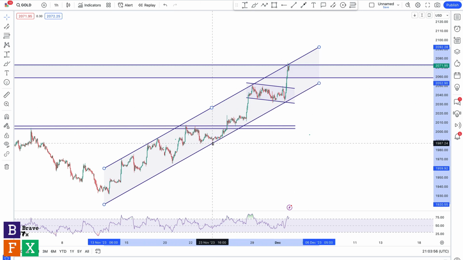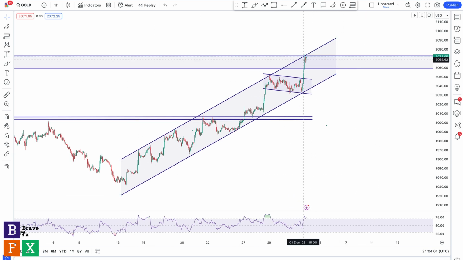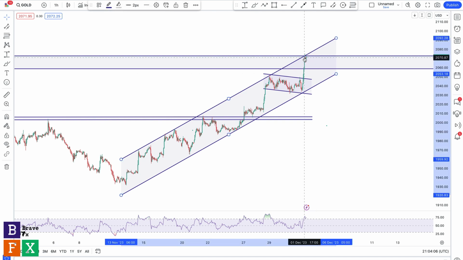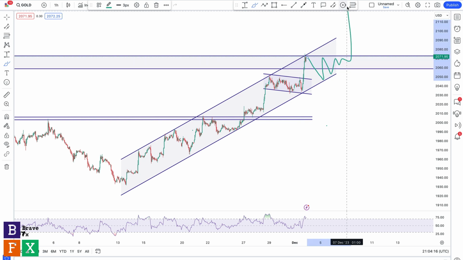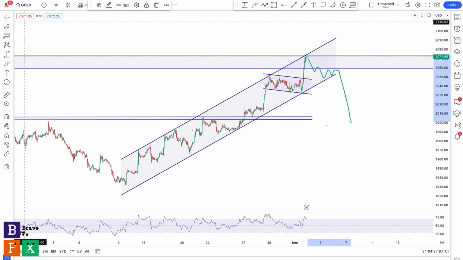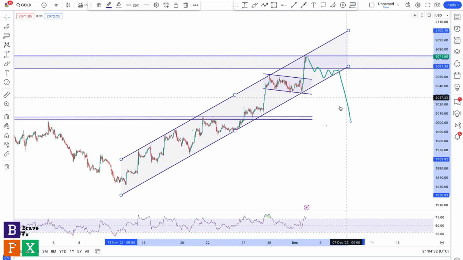So this is very important to pay attention to, right? We have a channel and we seem to have touched or hit the resistance level of this channel at this current price level. So there's a good chance we see a good pullback, a good reversal. So this pullback may be what leads to that consolidation before we get a massive breakout to the upside. But for a bearish case scenario, I think you want to wait for a good reversal to the downside, consolidation over here, and then a break from this channel. So this will be a much more sustainable bearish trade opportunity.